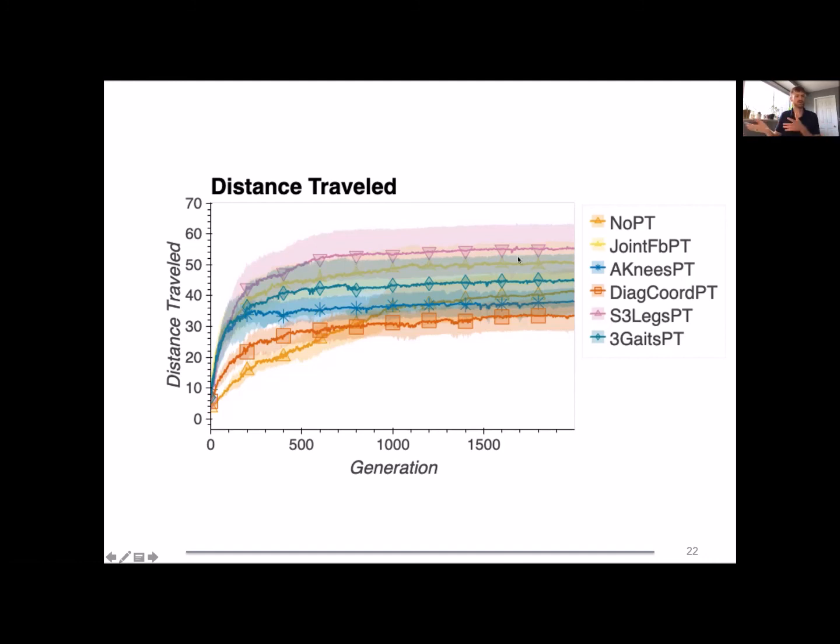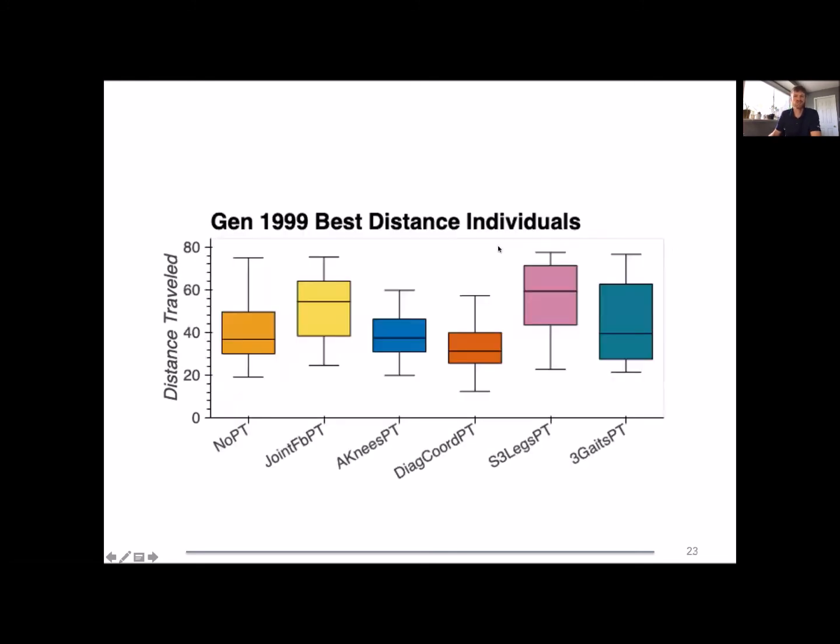And this is maybe an allusion back to Jeff Clune's work in 2009 with HyperNEAT. This was the gait that was in that paper. It's competitive with the joint feedback initially. But let's look at the best individuals. It turns out here was our original best performer. The 3 legs in phase performs very similarly. All 3 gaits together spread quite around. Not a whole lot there. It actually turns out to not be so good.